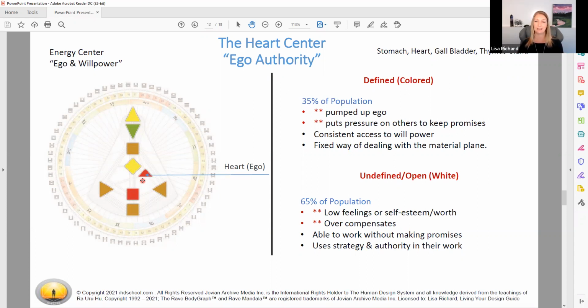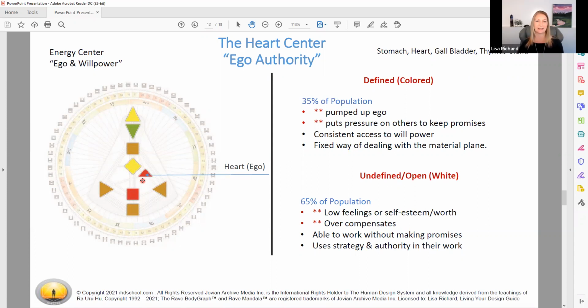You are uniquely you. So really paying attention to that heart center in children, in yourself, knowing that that could be a bit of an issue. That is something to really pay attention to. I have a complete open heart center in my design, and I have learned over the years in my healing journey and my deconditioning that one of the best things that I can do here is to literally place my hand on my heart, to check in with myself, to use my breath, and to ask, what do I need? In this moment, what do I need?